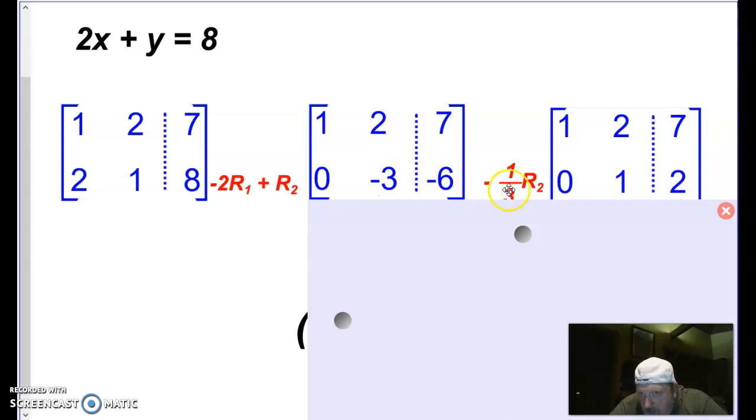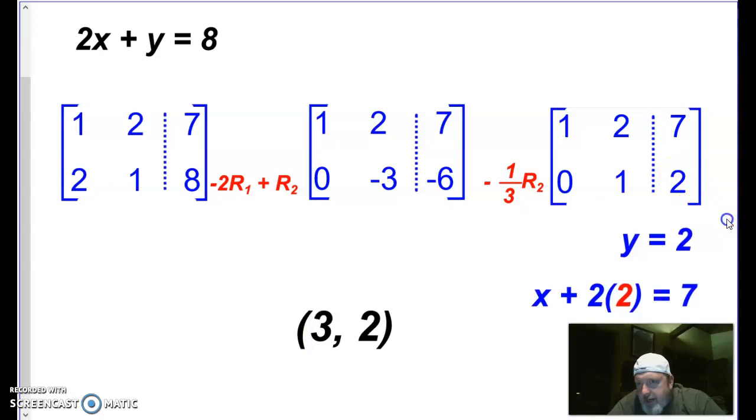Ideally, I want this to be a 1, so I'll just go ahead and multiply this entire row now by negative 1/3. So negative 1/3 times 0 is still 0, times negative 3 is 1, and times negative 6 is 2. And now that I've got this augmented matrix down to row echelon form, now I'm in business